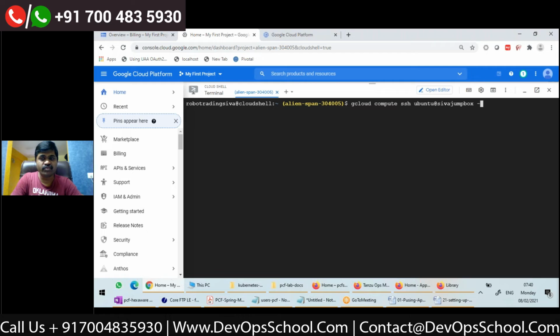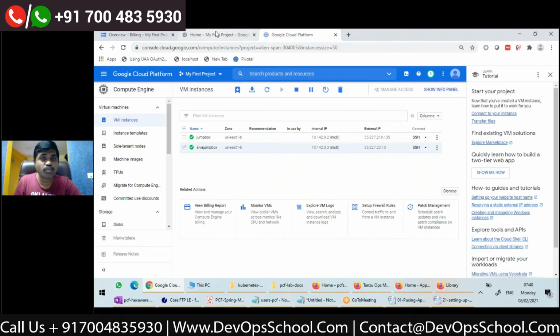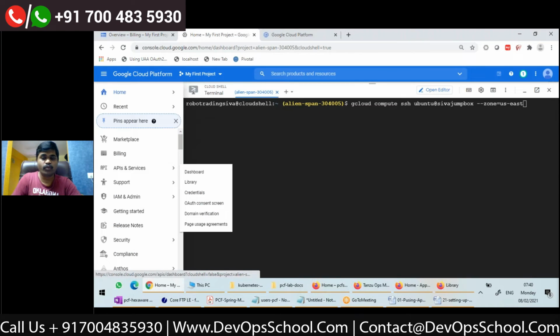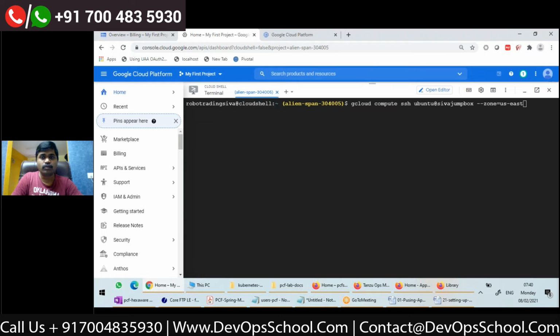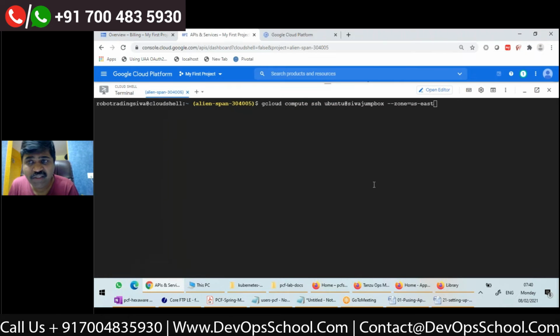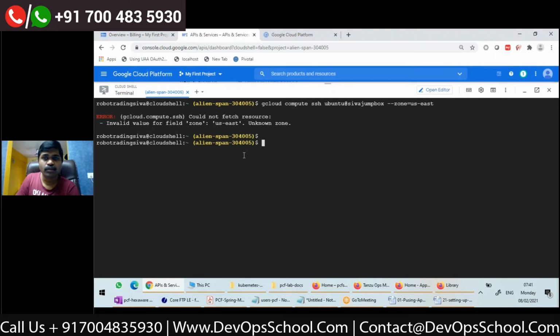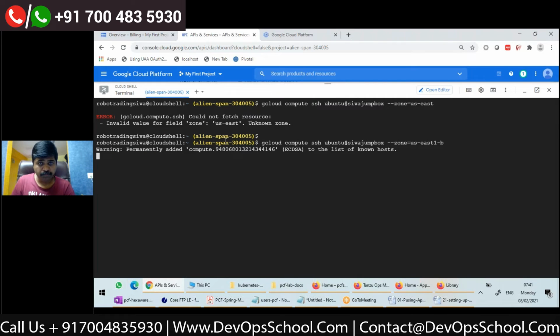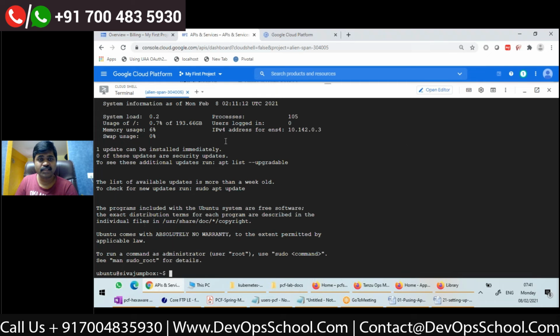And it is in which zone? --zone equals us-east1-b. This command will do an SSH into that particular Siva Jump Box. So it will automatically SSH into the jump box.